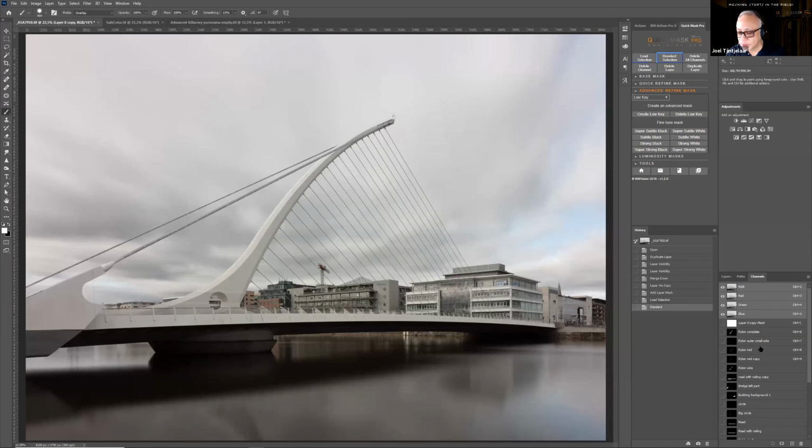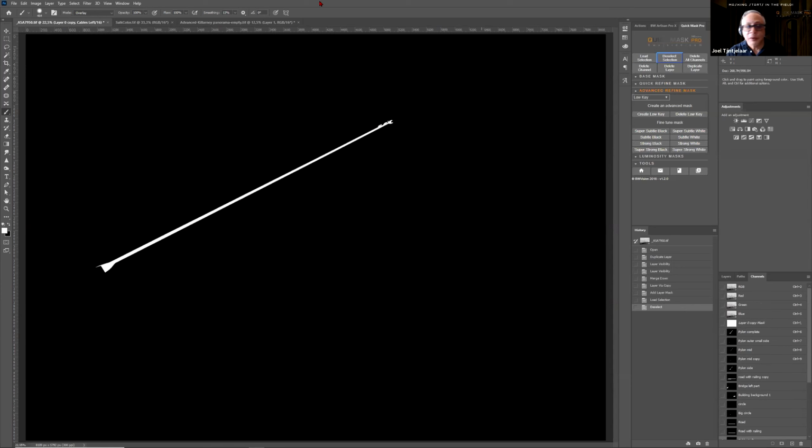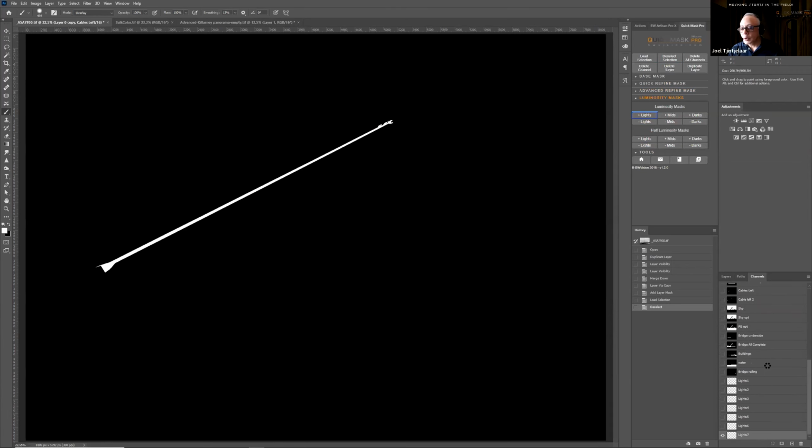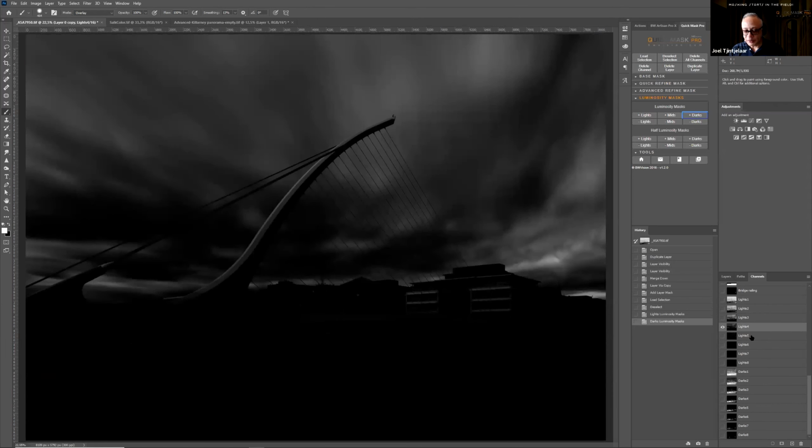Let's deselect that selection. So here we're talking about hard mask. Now I'm going to create a few luminosity masks. I'm going to go here in the panel. So let me create a few, and a few darks, just to show you what I mean. So these are also masks, okay, but they are called luminosity masks, or I also like to call them soft